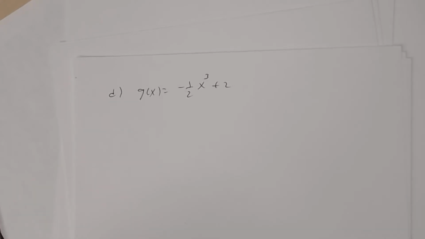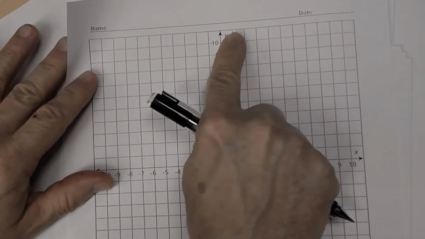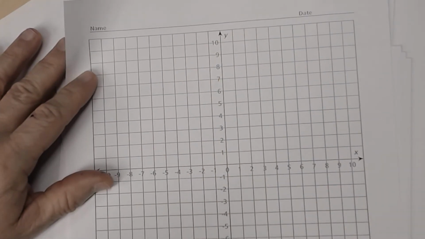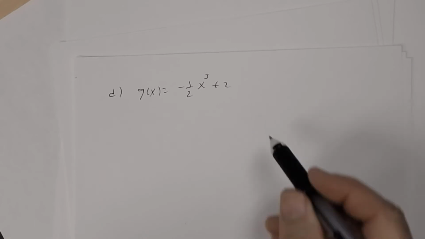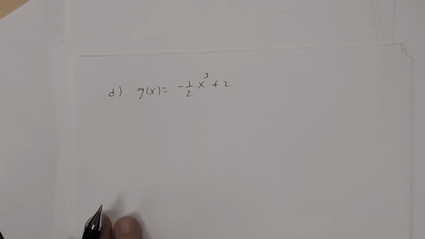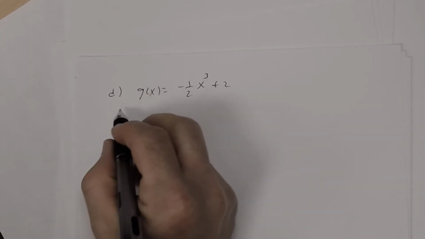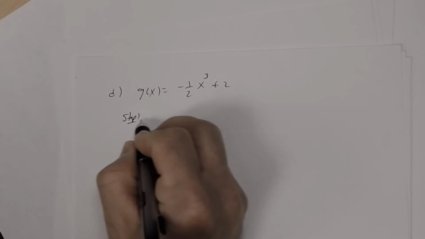In the graph we're using, it only goes up to 11. So it's 11 by 11. So this is 10. You can go up to 11. So there's not many key points you can get with x cubed. But the first thing you're going to do, step 1, is graph